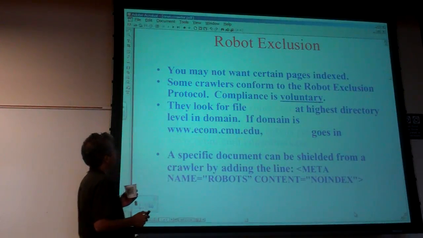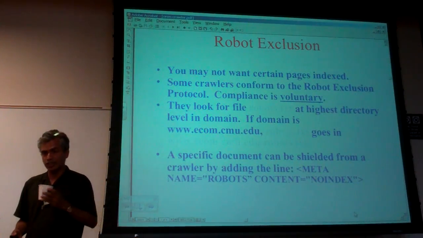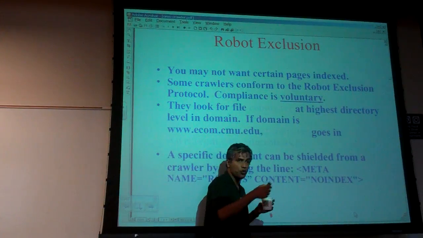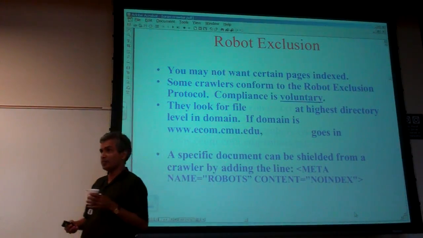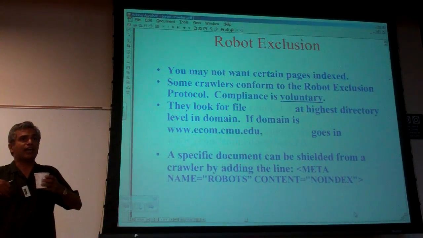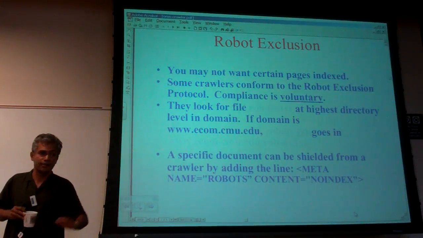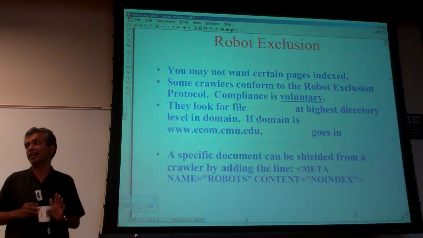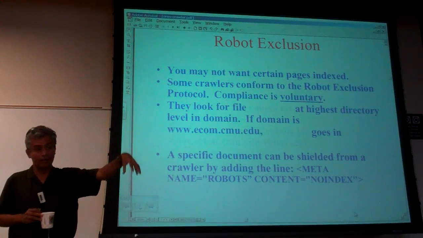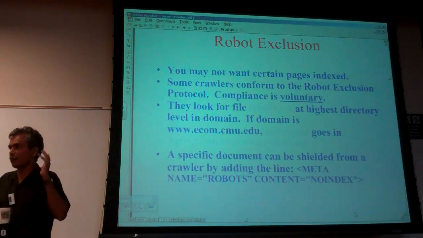Okay. So anyway, first thing, of course, is this idea called robot exclusion. If you have a website, on the top level of your website you can put robots.txt, which is a sort of convention wherein you get to tell the crawler, please leave this subdirectory alone, and please go only down to this subdirectory, only so many levels, and so on. So you can tell the crawler what to do.